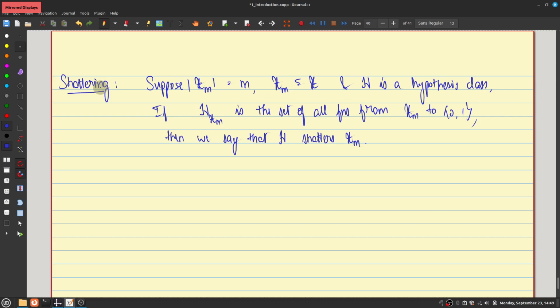What do you mean H xm? So you're given two things, right? The domain set X, and a subset xm, and the hypothesis set H. H is some set of functions from X to 0, 1, right? And you're looking at the restriction of this H to xm. H xm is derived from H and xm, right? It's the restriction of H to xm.